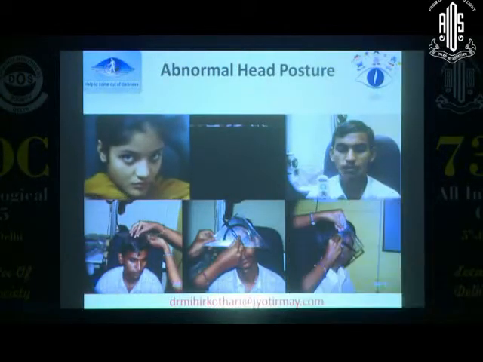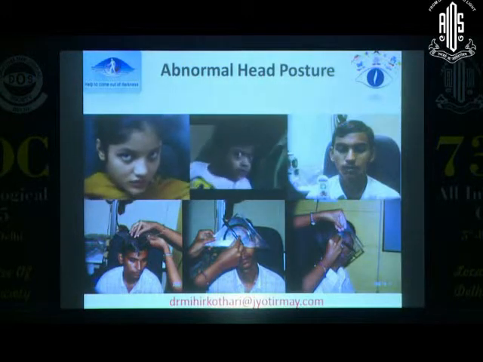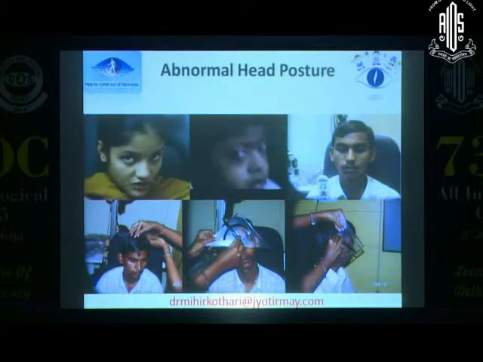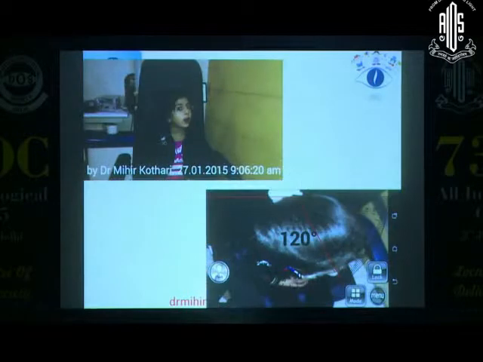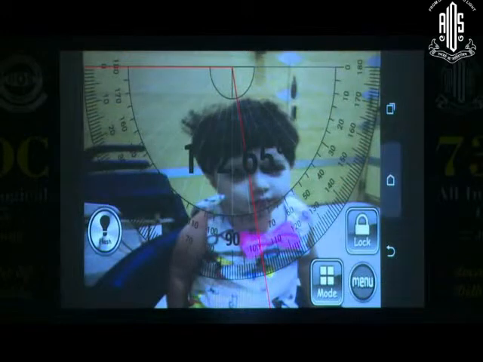Another thing that you should look for is abnormality in the head posture. Of course, the way you measure is either a goniometer or just a simple protractor, and there are many other things which have been described. But at this point in time, what we are using is an on-screen protractor or a smart protractor, which is available as an application, which is a see-through application. Take a photograph, superimpose the protractor, and then this is good for documentation as well as for finer measurement.